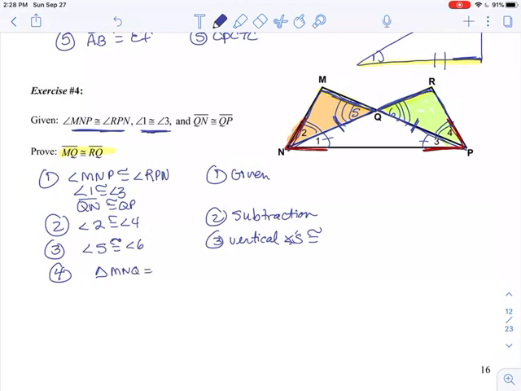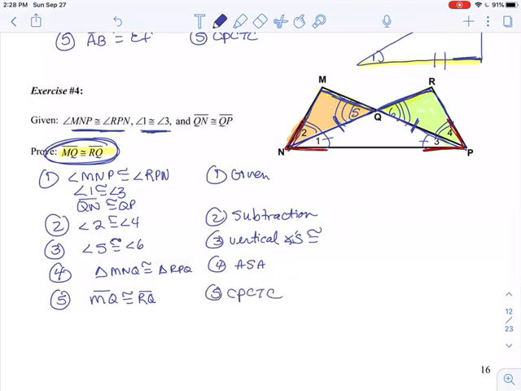So triangle MNQ on the left, that orange one, is congruent to triangle RPQ, the green one. The reason that they're congruent is angle side angle. And once my triangles are congruent, all of the corresponding sides and angles will also be congruent, and that is my CPCTC. Okay, so you can see our proofs are definitely getting a little bit more challenging, and we'll practice